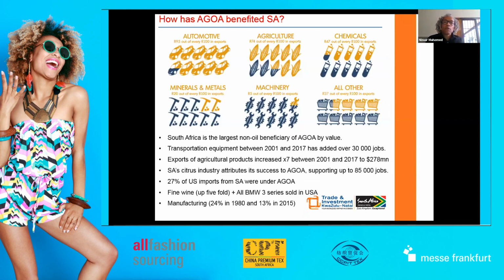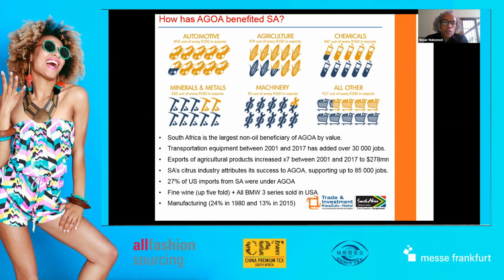Now, how has AGOA benefited South Africa, and why is it something that we've been pursuing so aggressively and want to make the most of until its termination in 2025? I'll just read through some of the statistics for you. If you take the Western Cape, which is the heart of the citrus industry, since its inception, AGOA has supported close to 85,000 jobs. When you consider that we are looking here primarily at seasonal employment, and we're trying to move it from seasonal to permanent, 85,000 jobs supported by one trade regime is quite significant in a country such as South Africa.